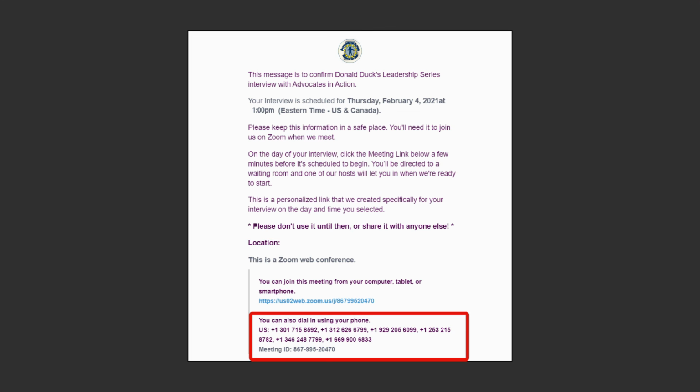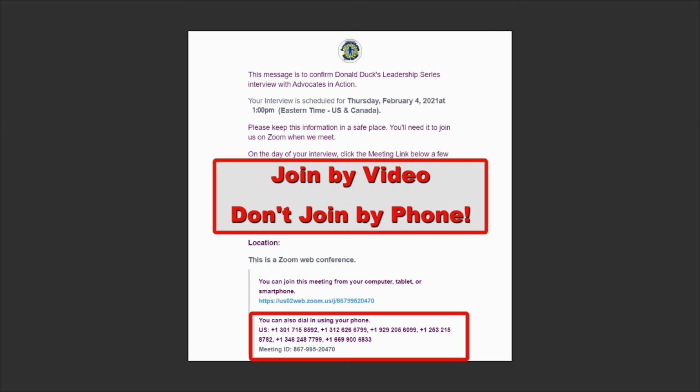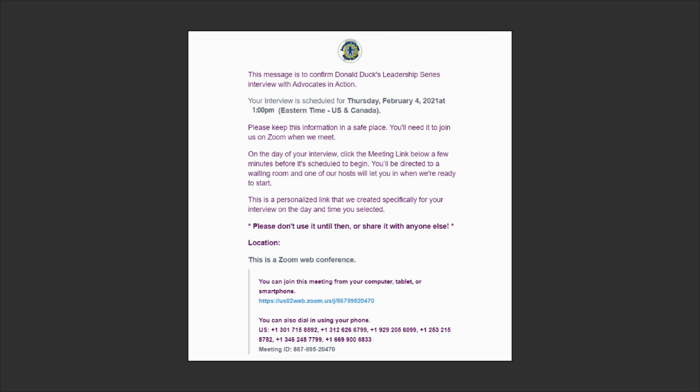Lower down on the email, it says you could also dial in using your phone. We really don't want people to do that. We prefer everybody uses video. You're going to have to use the video during the class because everyone needs to see each other. And the other reason why is because it'll cost you money. It won't cost you money to do it by video, but it'll cost you money if you call on the phone. So don't use the phone number. This is the top part of the email.